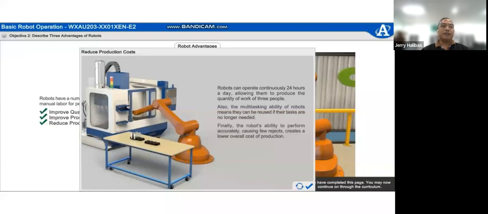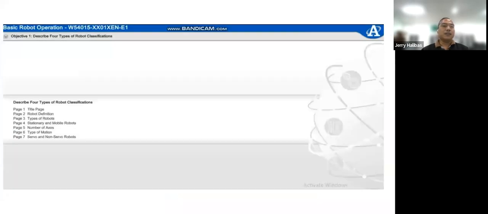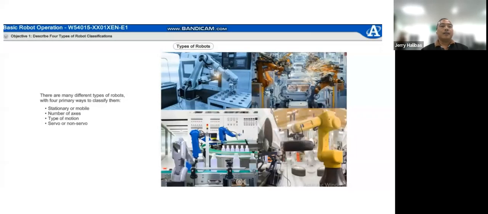So, any questions? Next is: describe the 4 types of robot classifications. There are many different types of robots, with 4 primary ways to classify them. You observed that a robotic arm by default is either stationary or mobile. The mobile ones are probably more advanced in application. Then another